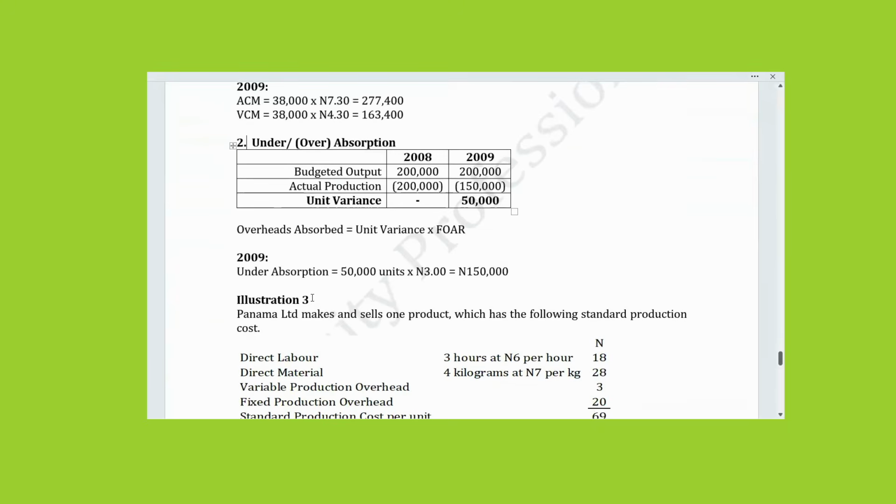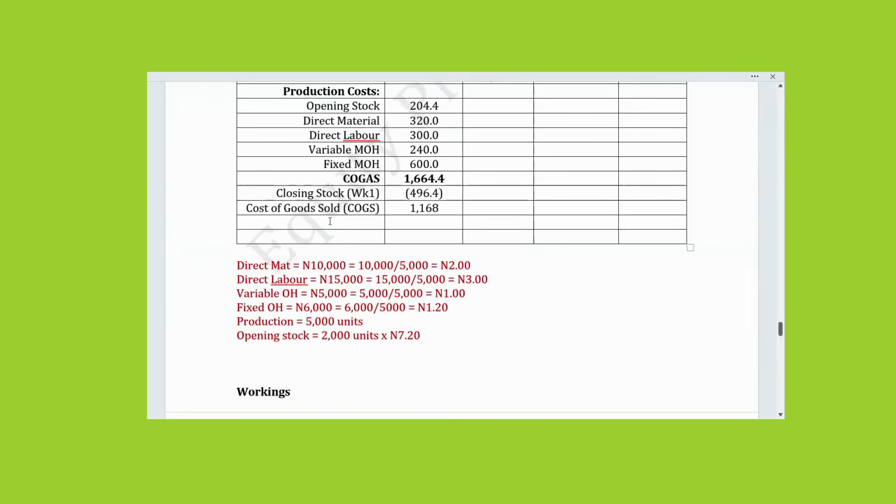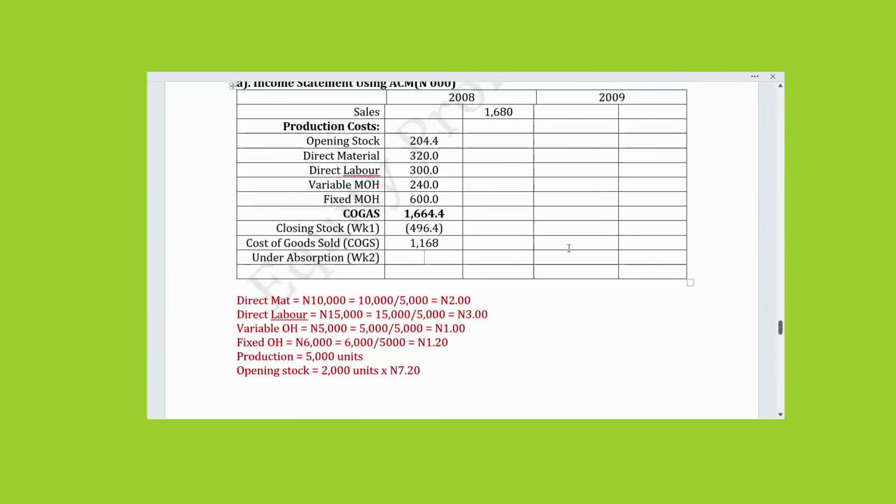All right. So 150,000. I will then come here. We have under absorption, this is working number 2. But that would be in 2009. Okay, in 2009, here we have 150,000. So here we have nothing. There's nothing in 2008. Therefore, to get the gross profits,